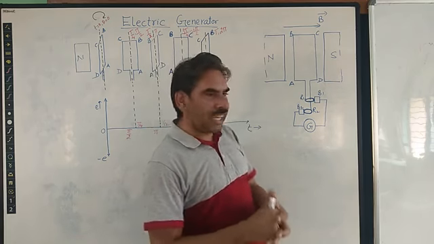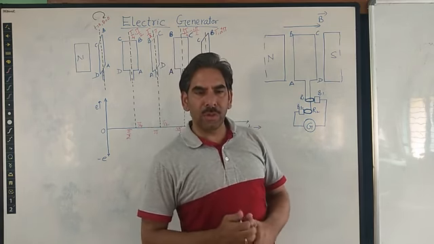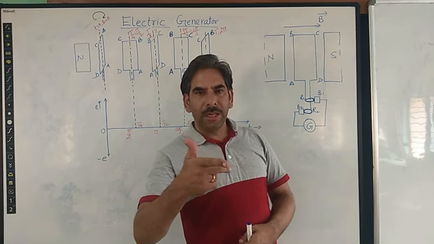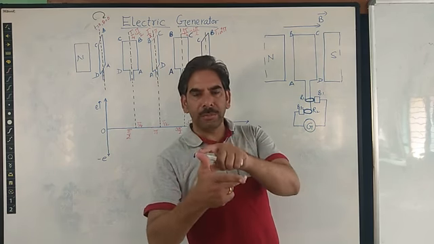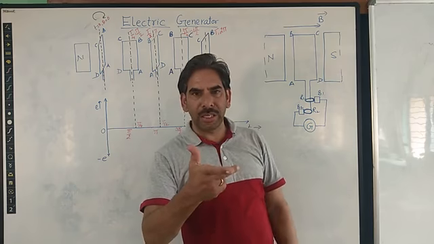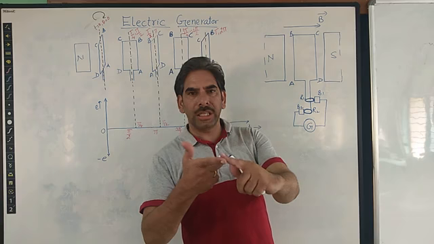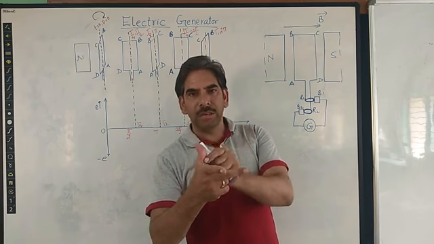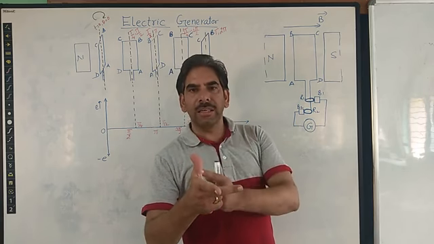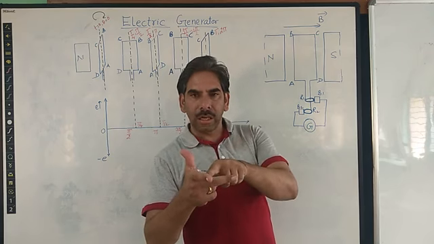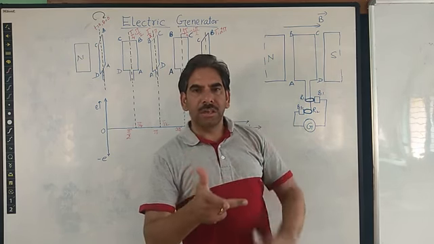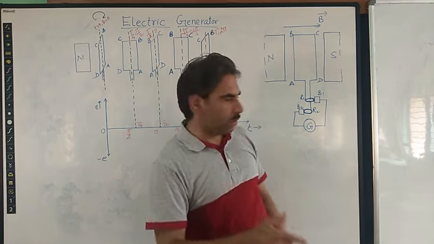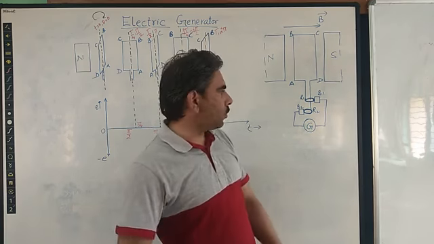And the direction of the EMF can be known by Fleming's right hand rule, as we have discussed earlier. According to that rule, if the forefinger, middle finger and thumb of the right hand are held mutually perpendicular, so that the forefinger is along the direction of the magnetic field, and the thumb is along the direction in which the coil, or conductor, is moving, then along the direction of the middle finger the induced current, or EMF, will be induced. So that is Fleming's right hand rule.